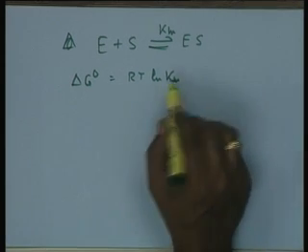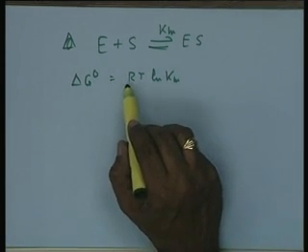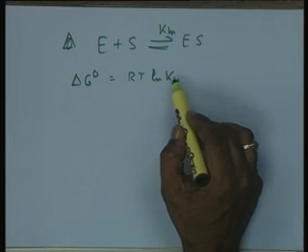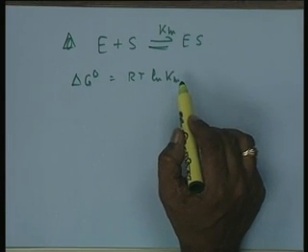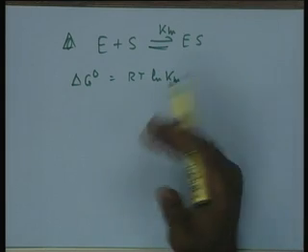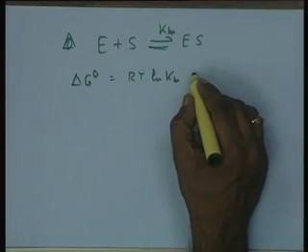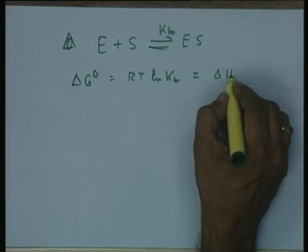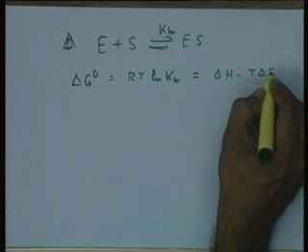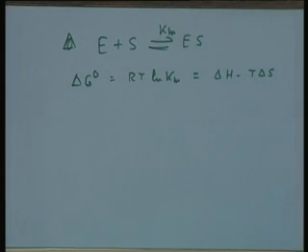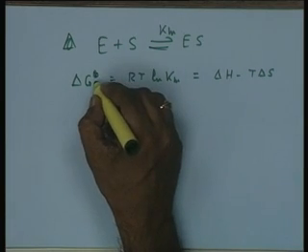Note, I have purposely removed the minus sign from here, as Km is not the equilibrium constant, it is the dissociation constant, almost like the inverse of that, and this can also be equated to delta H minus T delta S. Of course, I think all of you may be familiar that conventionally in biochemical systems we use these terms with a prime,